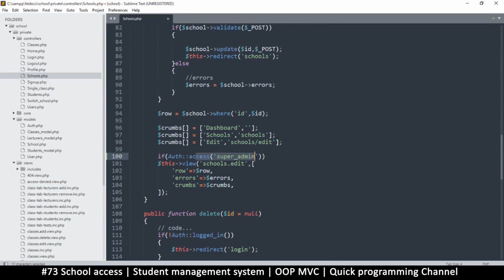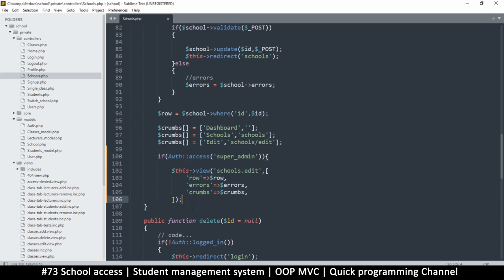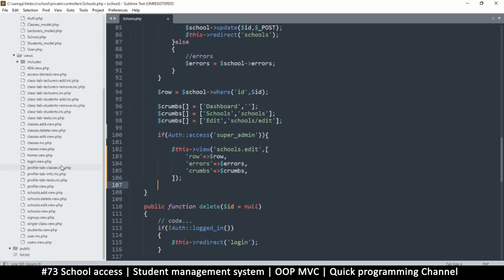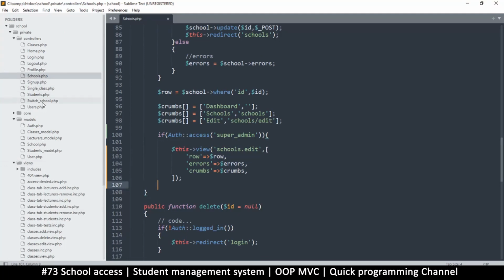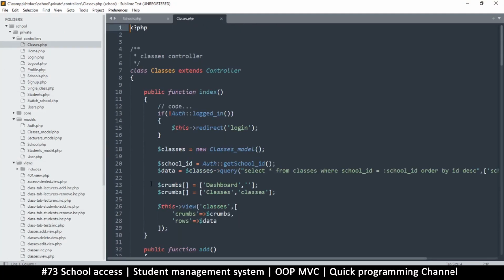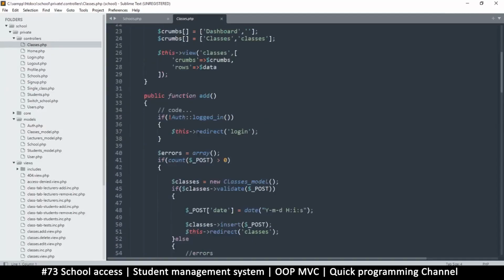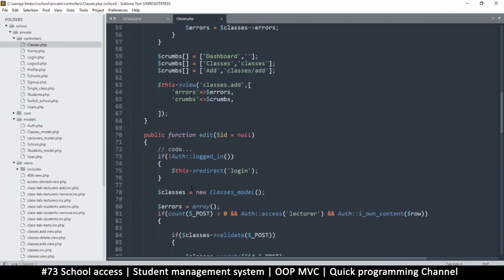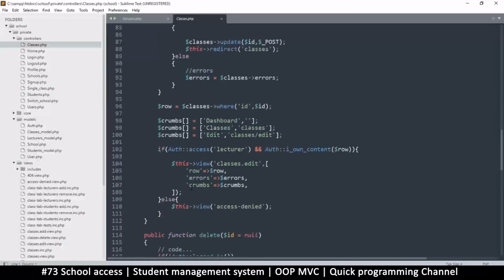If you're a super admin, then you have authority. So like this, boom. And let's add that else statement. Actually, instead of having to retype it, let me just find where that was. In the classes.php. That's where I had added that. Or was it? Yep, right here. If I own the content,